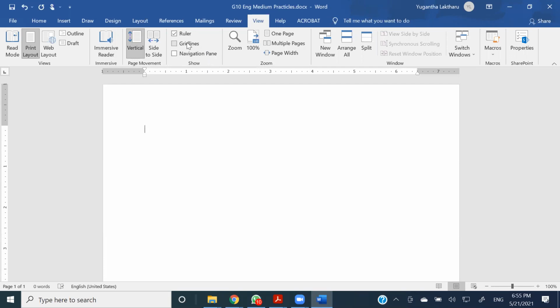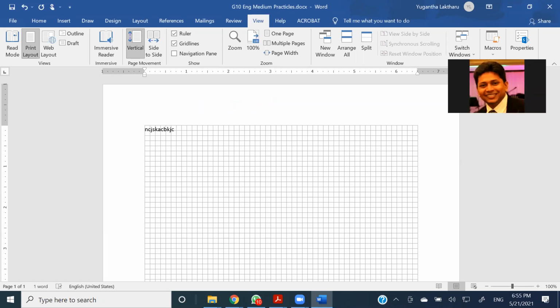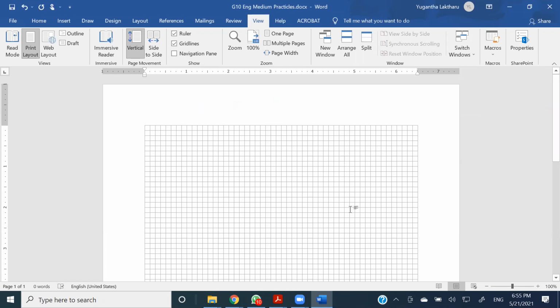And the second one, the gridlines. Gridlines give you a way of typing things on a square ruled surface, like a graph paper, right? මේක ඔයාලට වැදගත් වෙනවා මොනා හරි දෙයක් හරියටම place කරගන්නකොට, position කරගන්නකොට, right? That will be very helpful, right? And using the navigation pane,